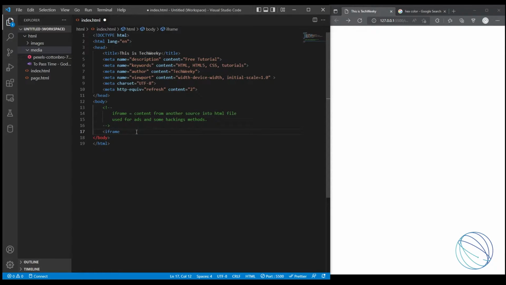iframe tag, and here the source, src, like https google.com, and with the width of 200 and height of 100. And if I save it, you will see it shows just a broken link because Google actually doesn't support iframe,